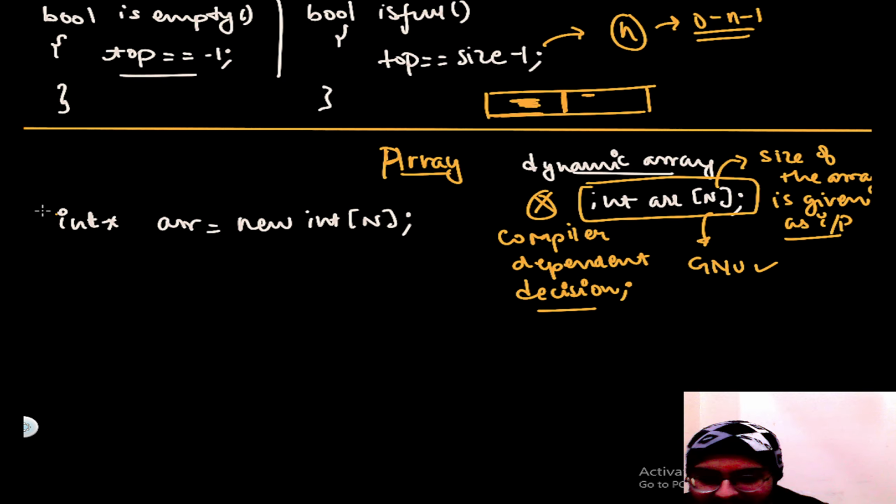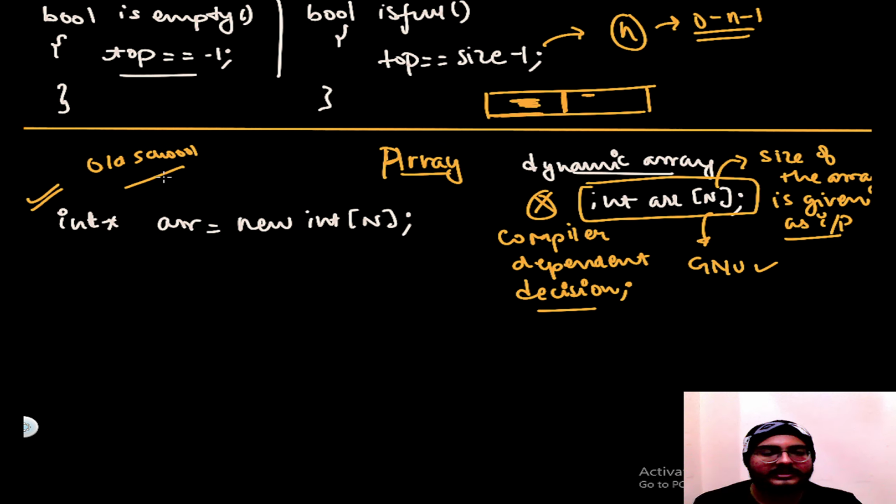So for that we would use the old school method. I would recommend everyone to revise the old school methods, because they are the basics. In Python there is nothing like this. You cannot clear your concepts via Python. So I would recommend using this. This is a pointer. Let me explain this, it is a very good concept.